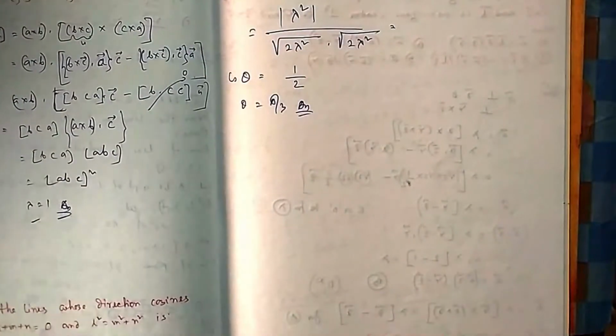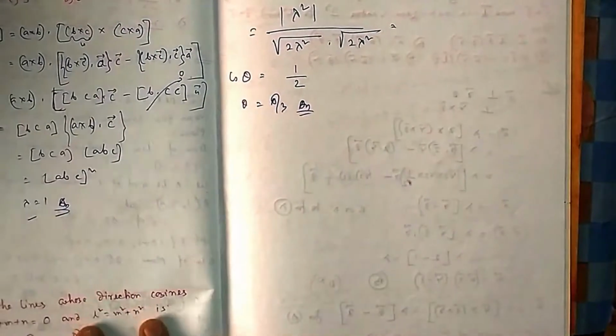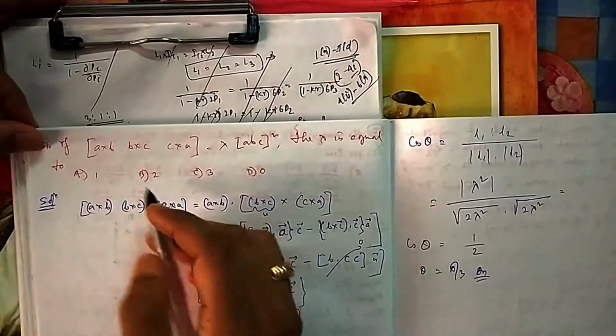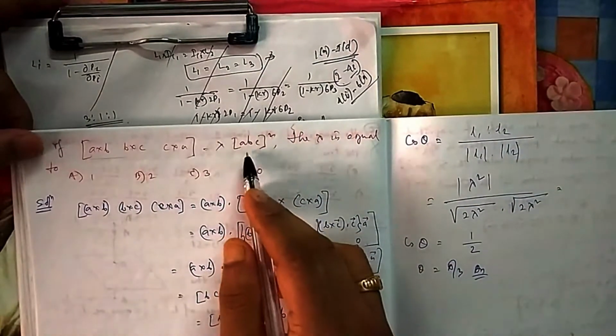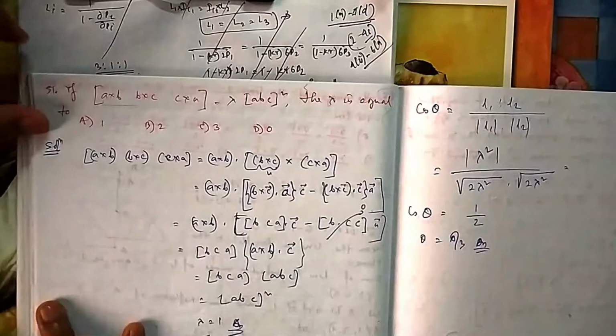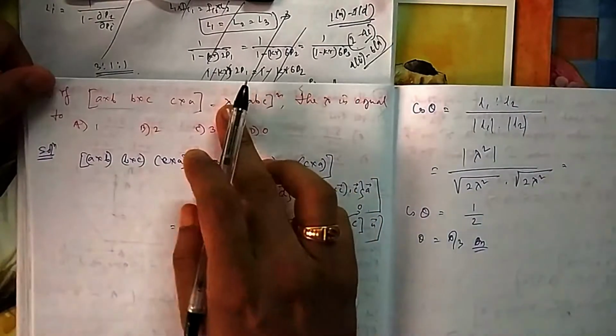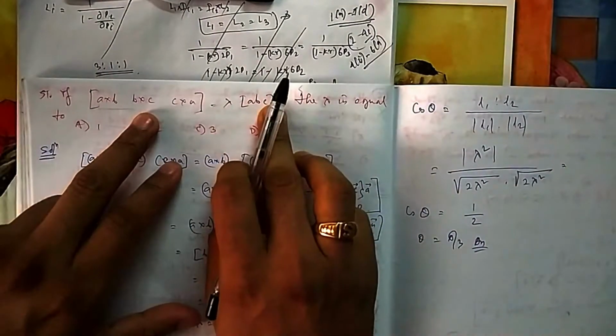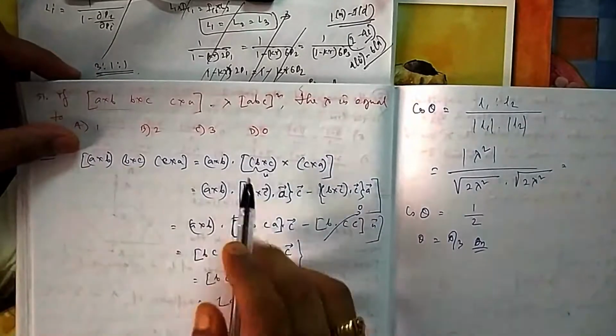Again 50, 51. I think 50 is based on 3D, so you come to 51. For this one you have already seen it, but I think we have not proved it in theory, because we have already done so many proofs. But here you can see why it is, because it will be 1, as this is already the box ABC square, we know. So how can you show it? You can see it now.